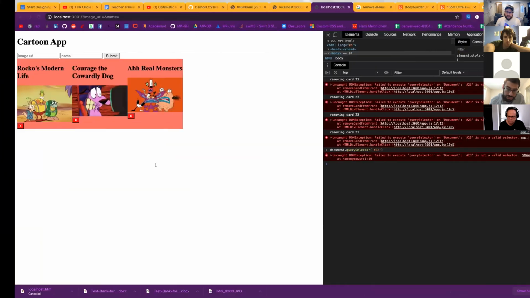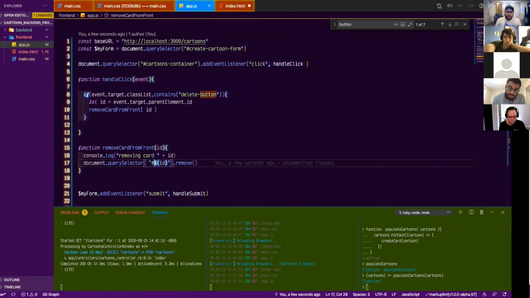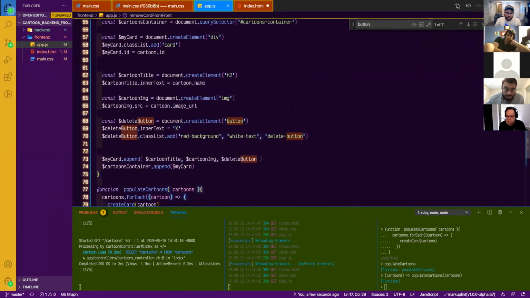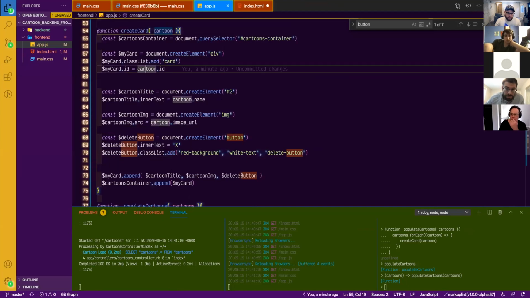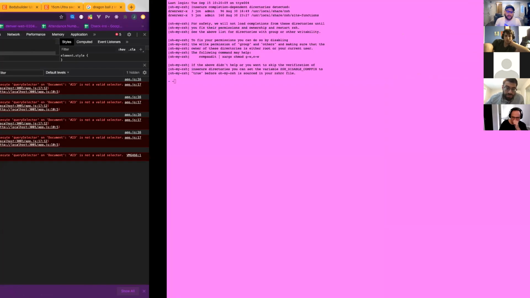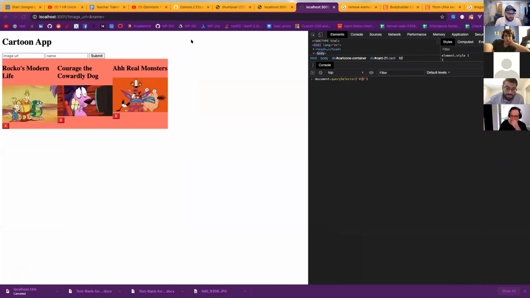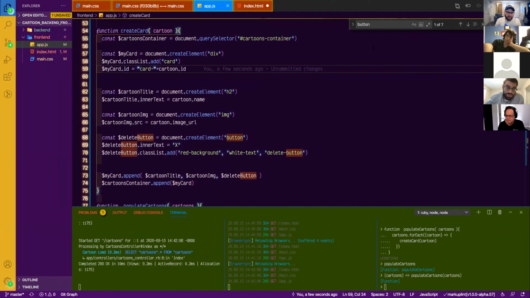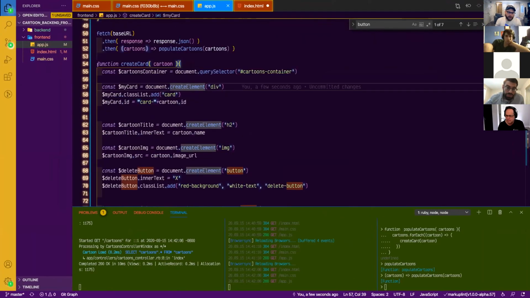Might need me to do. By the way, this is probably why you really should do it like, instead of just doing an ID, where do we say ID equals cartoon ID? We should do something like this. Card. And then now let's just look at the IDs real quick. So if I'm here and I'm just looking at this card ID, right? See how it now equals card 23 instead of just 23? So now what I could do is when I look for that card,